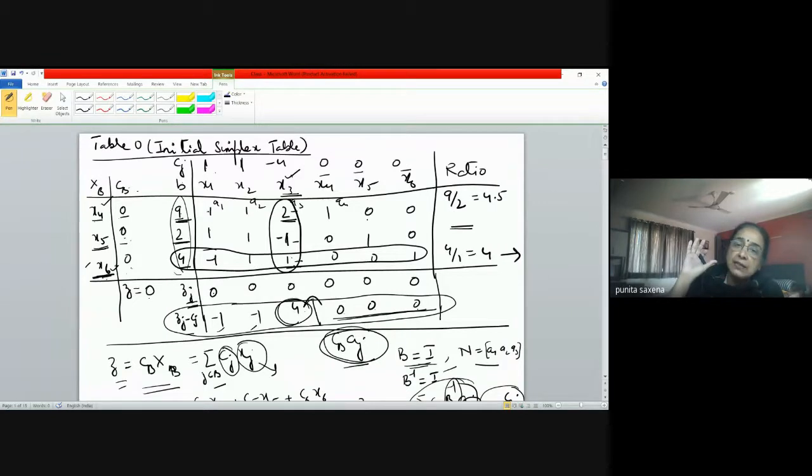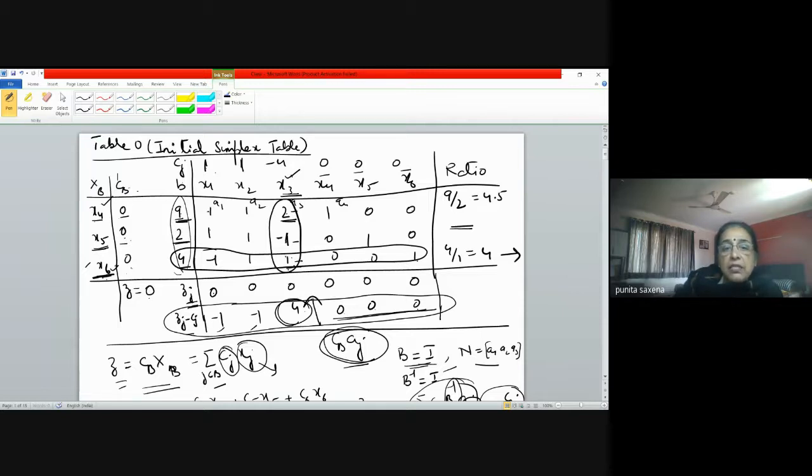And we agreed that it's always easier to treat your B as the identity matrix, because then B inverse becomes simpler and all other calculations also become easier, right? But the only thing that we have to understand is in which position the entering variable is going to enter, or which leaving variable it is going to replace. So x3 is going to replace x6, and what are the entries corresponding to x6? 0, 0, 1. So basically we have to make the entries of x3 as 0, 0, 1.